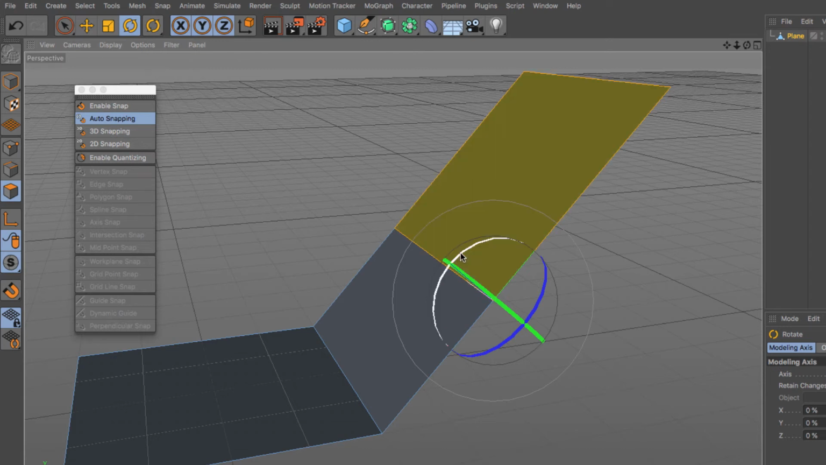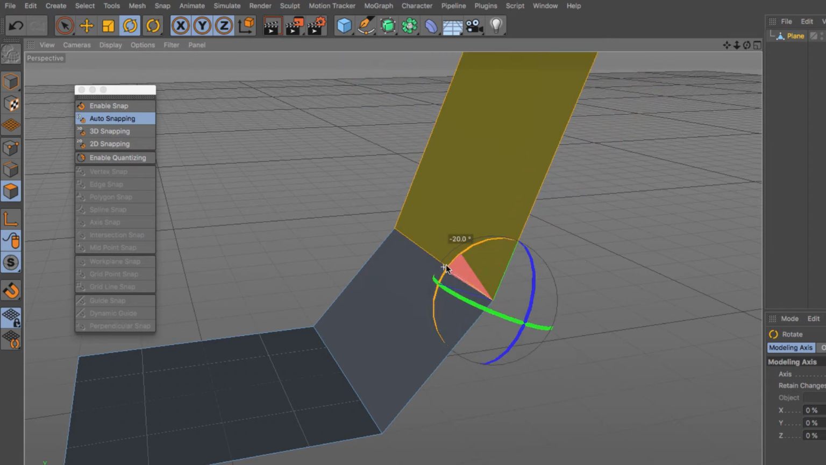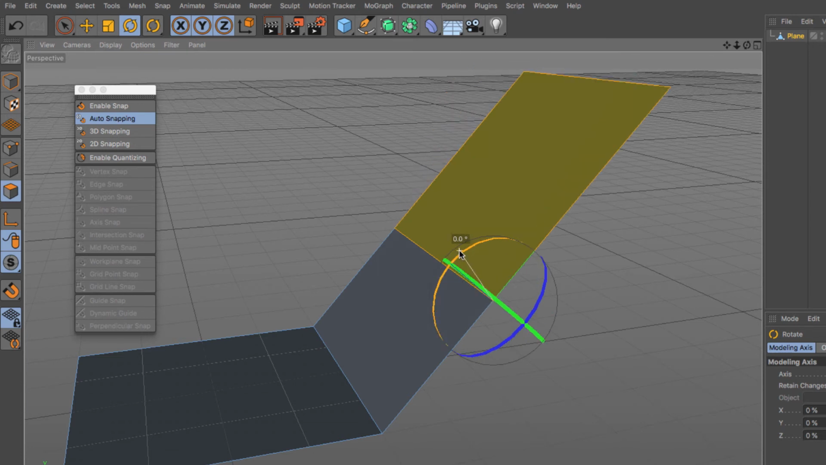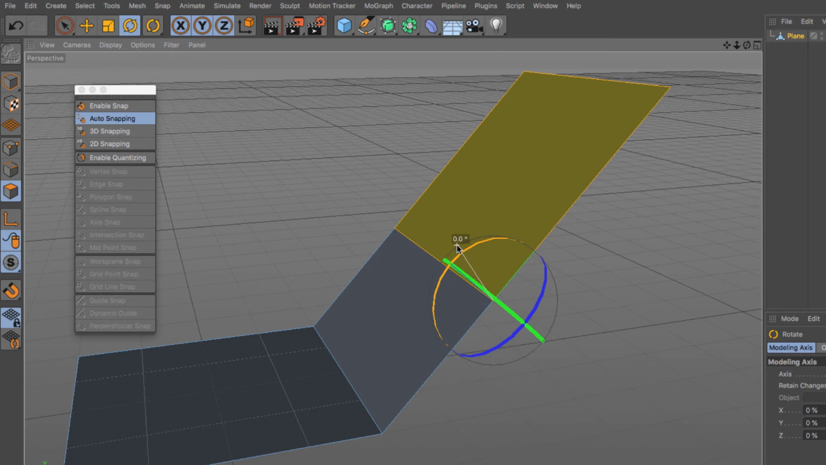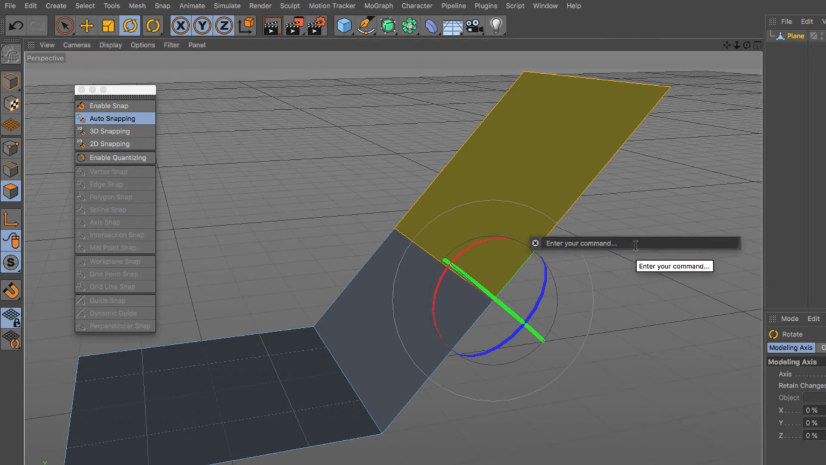For example, if I press Shift now, it goes every 10 degrees. That's the default. But what if I want to do a 45 degree? Then I need to change the quantizing setting. And the easiest way to do this is press Shift-C to get the commander. Let's type